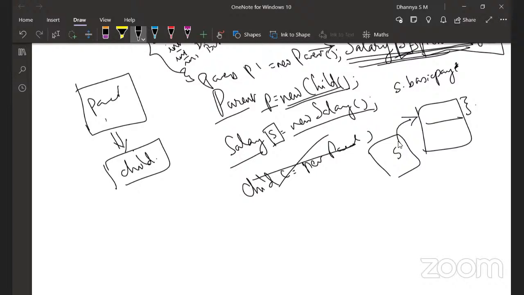Excuse me, ma'am. Yeah. The new is part of the syntax for creating an instance or something? Correct, that's correct. So new is a keyword, followed by the class name, and this is also part of the syntax.